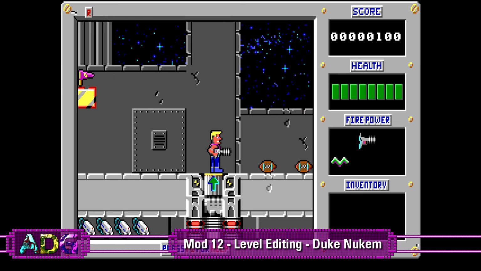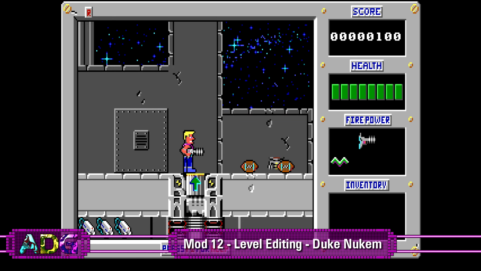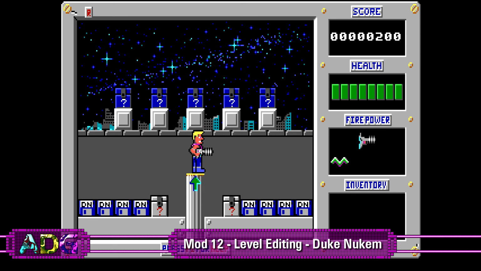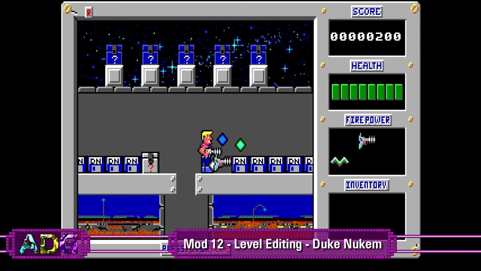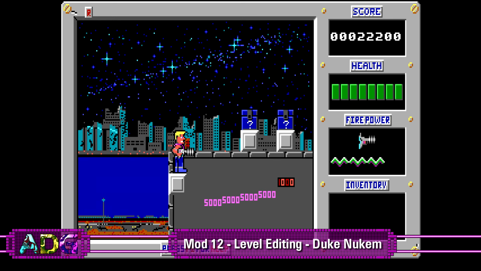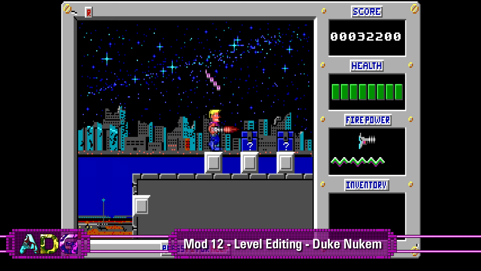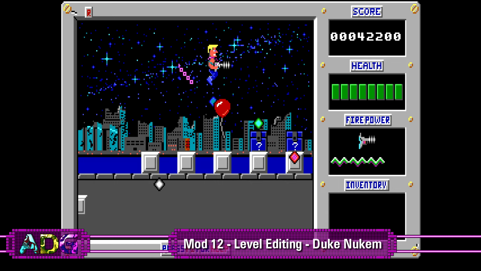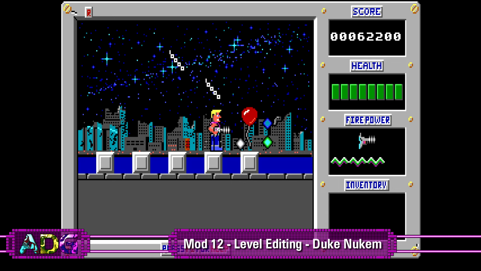Well, that's not supposed to be there. Yeah, if we go up this little elevator, which seems to have magically appeared in the first level of the original Duke Nukem, we find a bunch of scoring items and 2 extra gun power-ups to give us a serious boost in firepower. That means for today's ADG mod video, we're gonna dive into making our own levels for the